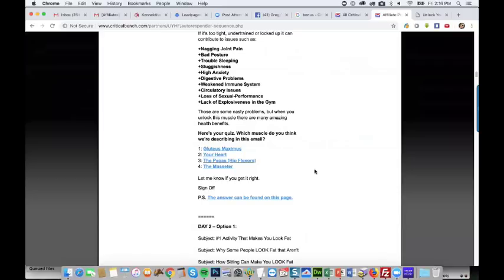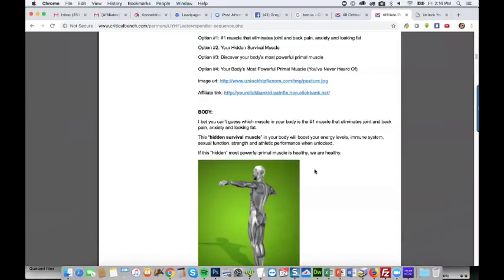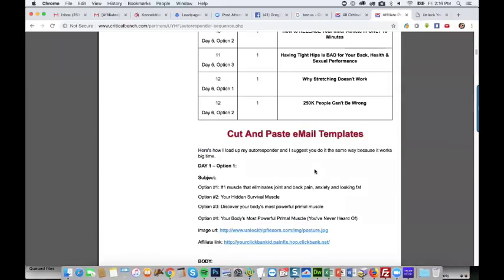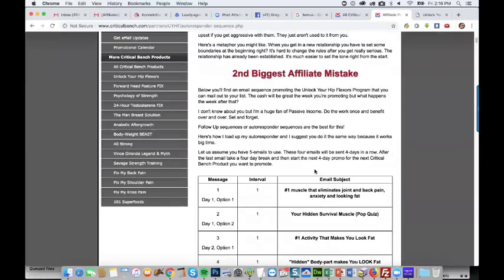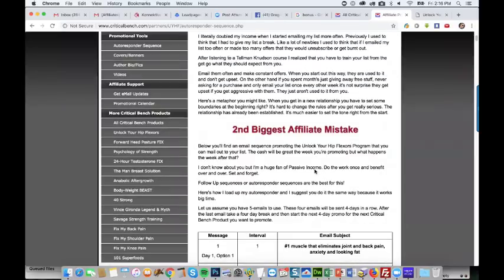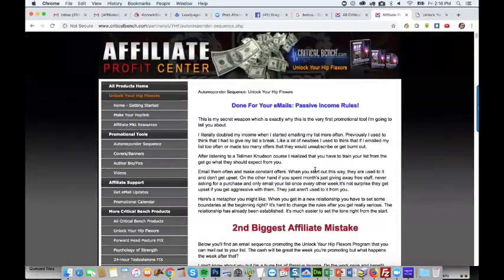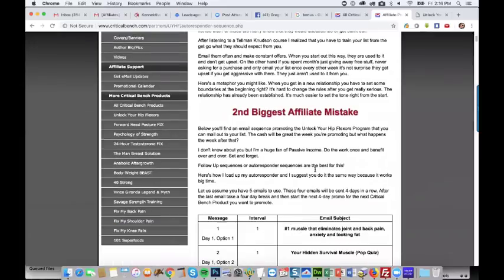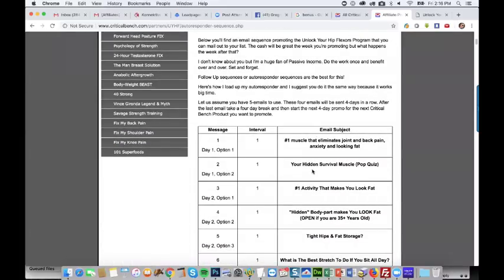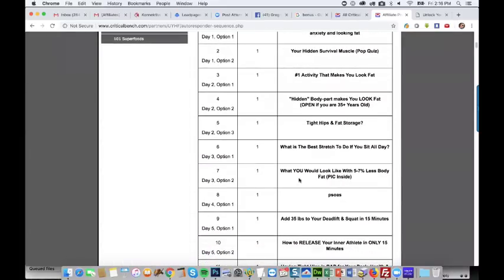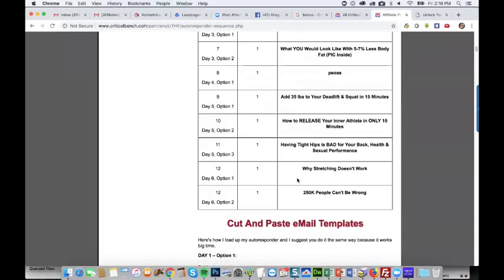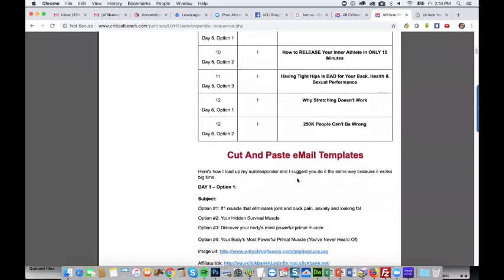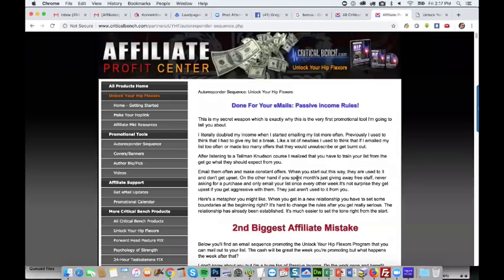Normally you have to write them yourself or pay somebody to write them. These look pretty decent too. So this is perfect. Let's roll with this offer, because like I said, it's not one of the regular hot categories. When I say hot, I mean a lot of attention from Facebook hot. So yeah, I like this. All right, so this is going to be the product that we promote.